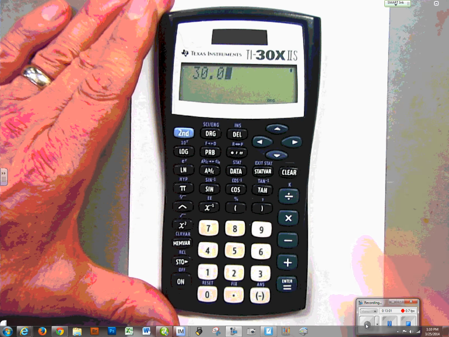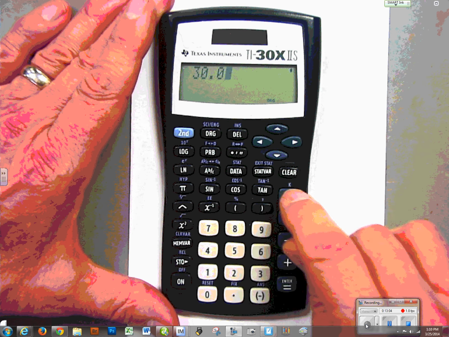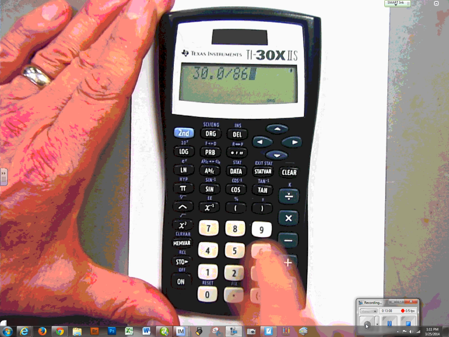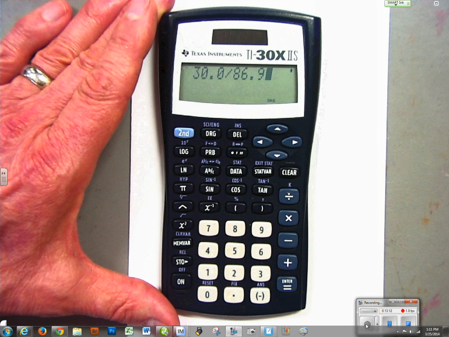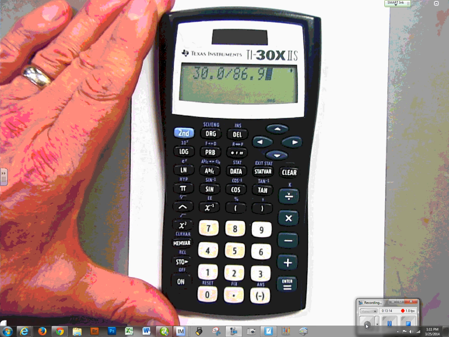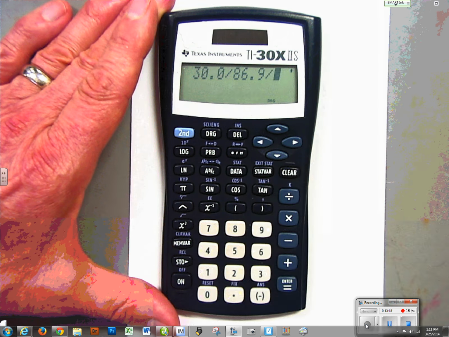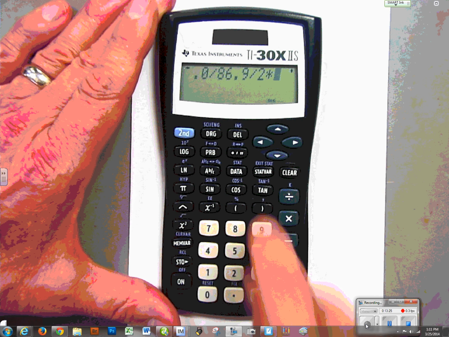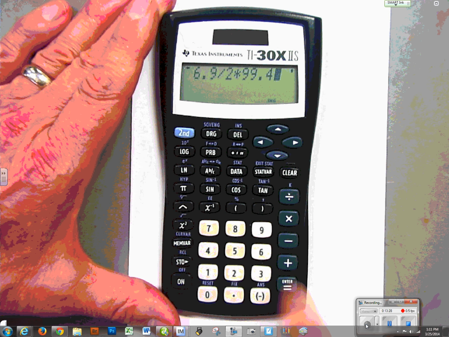The way you tell the calculator a number is at the bottom of a fraction is you hit the divide sign. So now I'm going to do 86.9. And now you see how quick this can go. The next number is on the bottom, so I hit the divide sign again, and that's a 2. Now the next number is on the top, so that's 99.4. And now when I hit the equal sign, I've got my number,